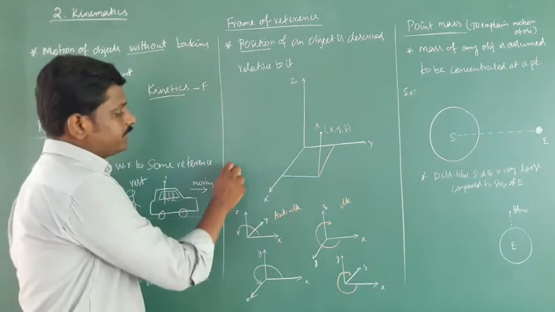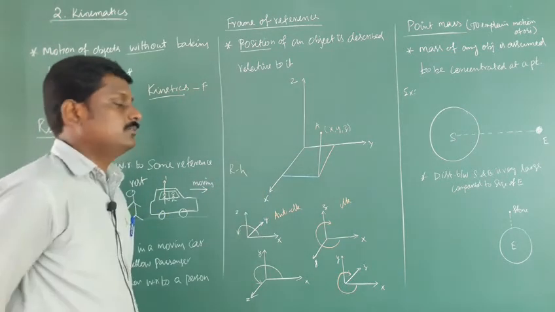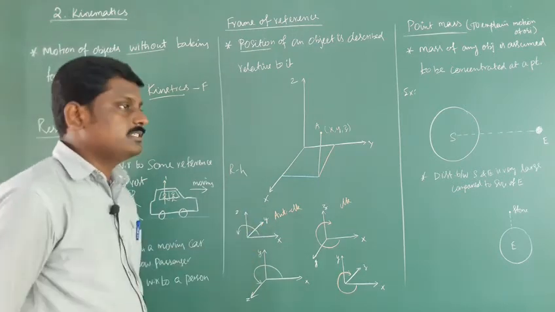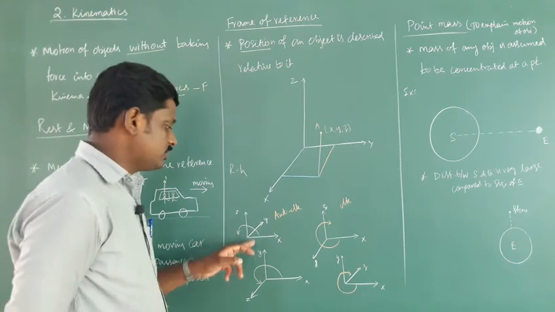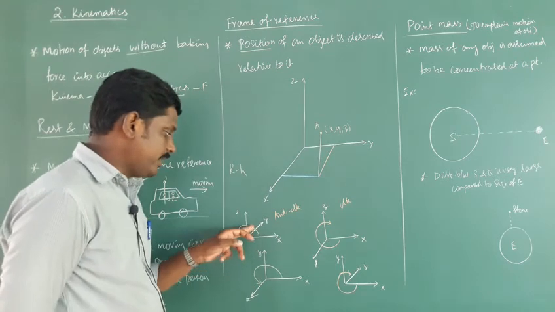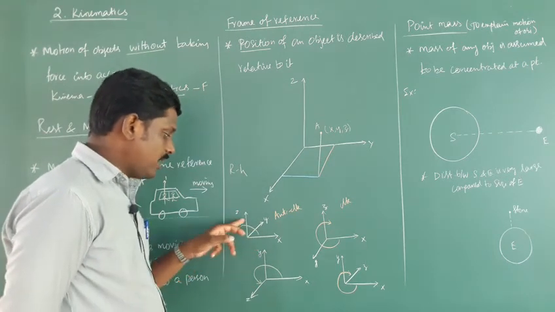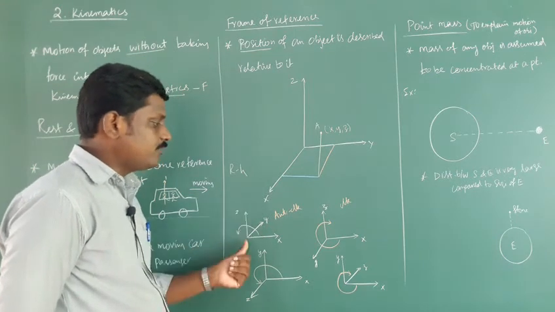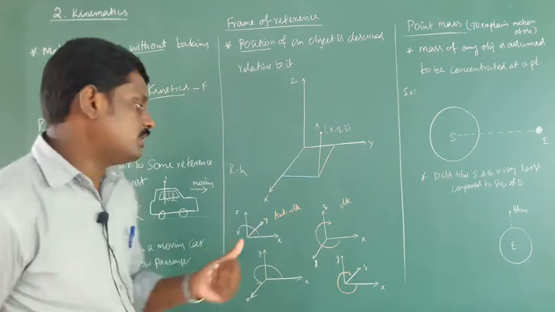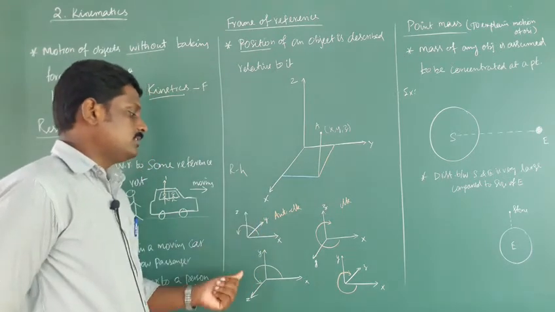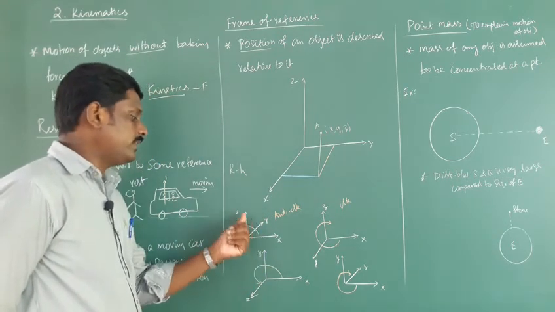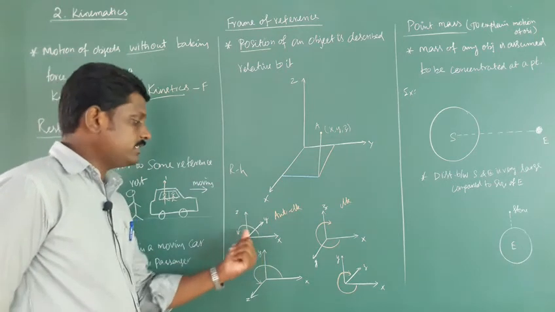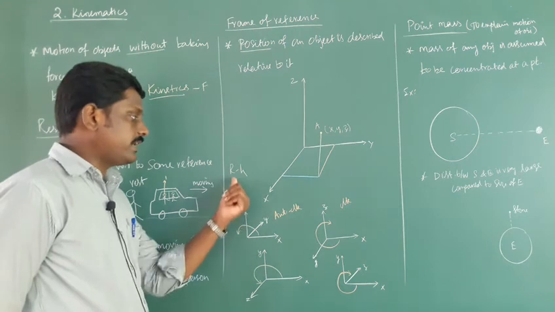Then we follow the right-handed coordinate system, that is, x, y and z in anti-clockwise direction. See, first x, y and z, it is anti-clockwise. So this is right-handed, with z up, z in the upward direction. They may ask this for 1 mark. If the rotation x, y and z is anti-clockwise, it means right-handed.